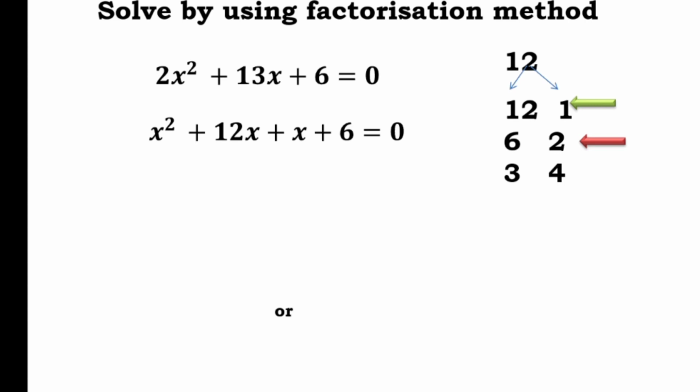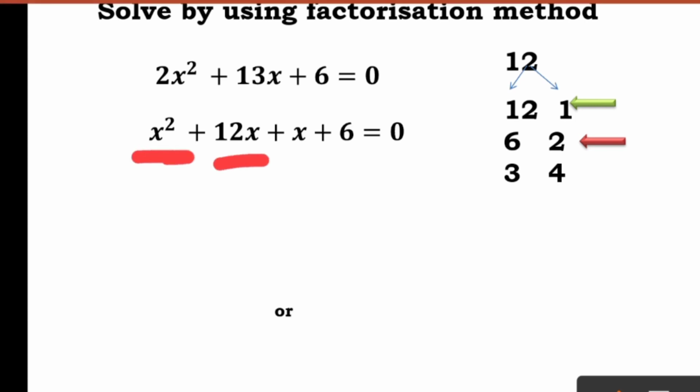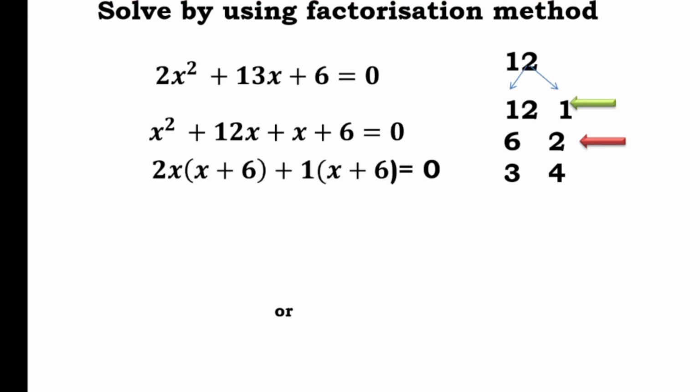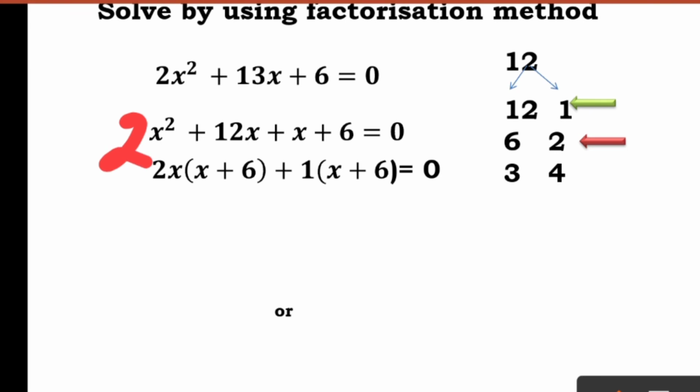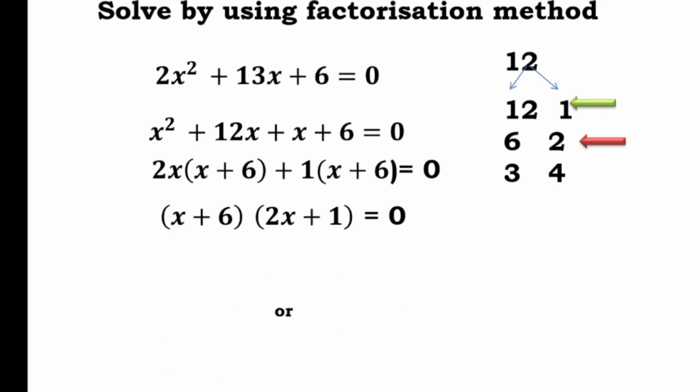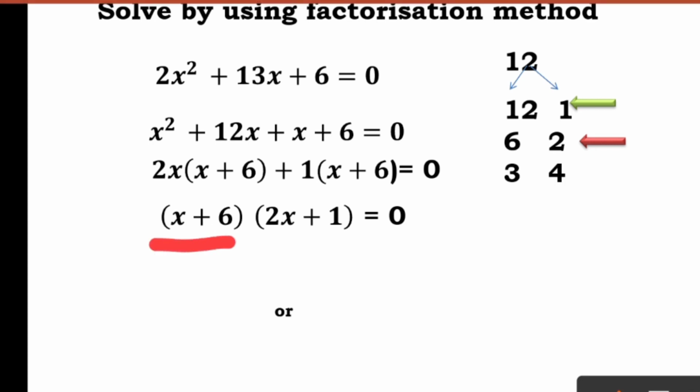Now you need to take common. To factorize this, in between these two terms there is only 2x common, and in between these two there is only 1 common. So your terms will come like this: 2x, x plus 6. Small correction should be done here: this should have been 2x square. So we take 2x common and you get x plus 6, and this side will get common as 1. Now take this common, x plus 6, and what remains here is 2x and 1, so 2x plus 1.